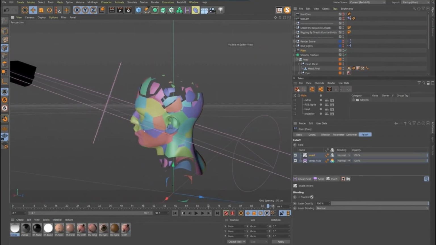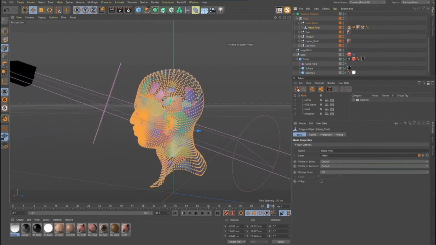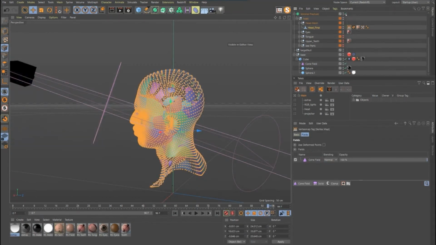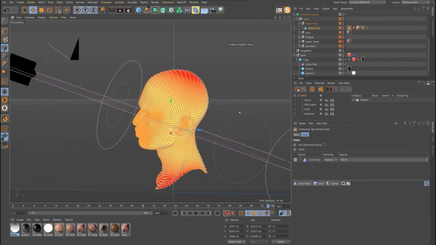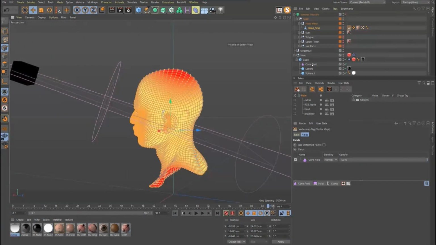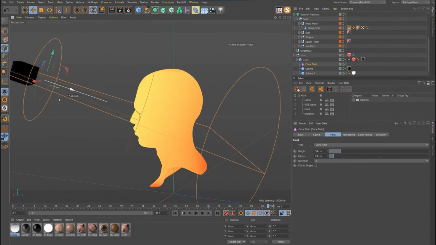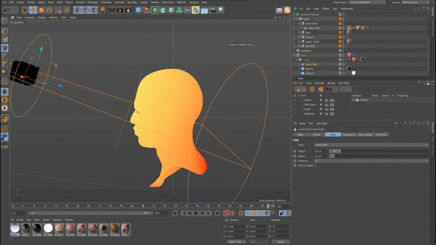The reason why we have the back is just because this cone is so big, it's actually painting through the object. If we were to click on the head and the vertex, let's turn the Voronoi off. You can see it's painting through the whole object. So we really just want the front of this, and for that it's really simple. We'll just adjust the height, and we can even move that back as well.